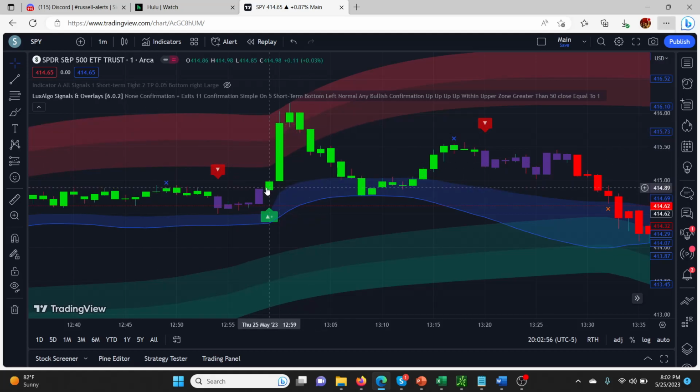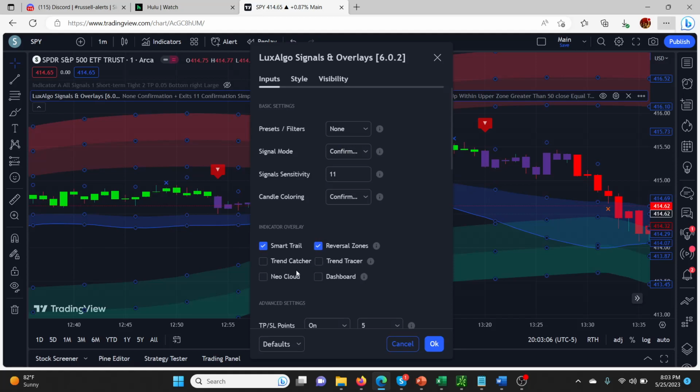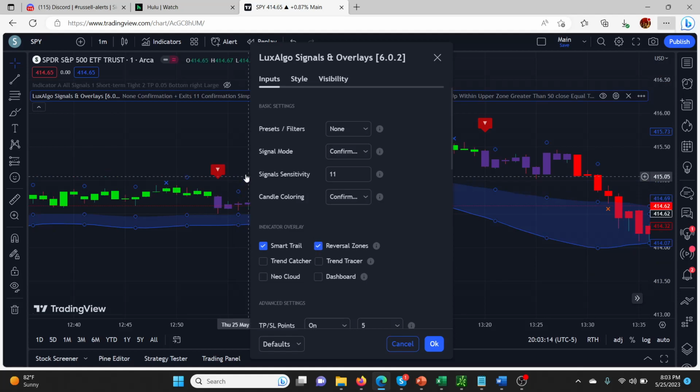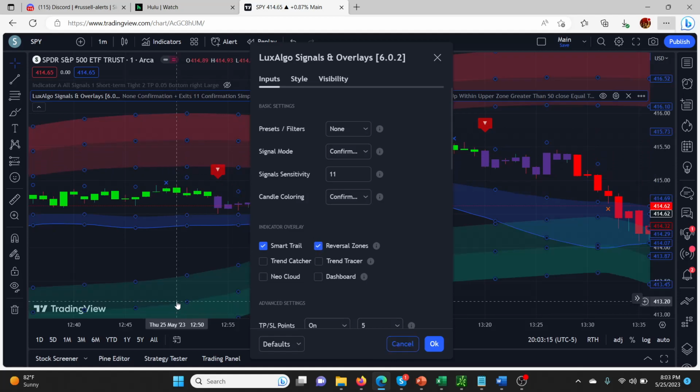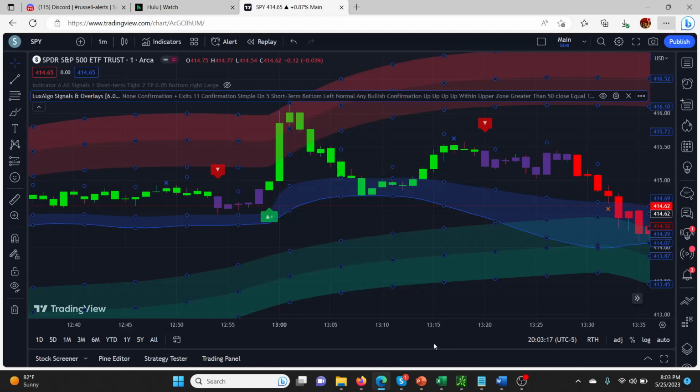So here is a trade that I missed, and I'll tell you what I actually did. This would have been a great buying opportunity. Huge move up as soon as we got up into this red reversal zone, which is another really good feature. Again, if you aren't sure what those are, it's these reversal zones right here. You can turn them on and off. It's areas that we're most likely to reverse from. The green is support and the red is resistance.